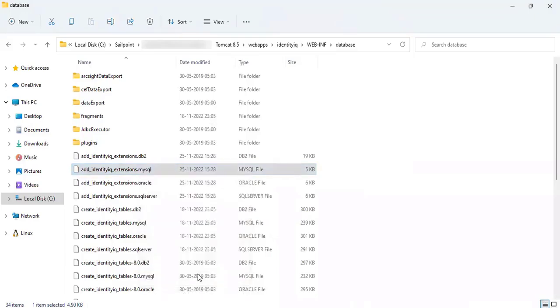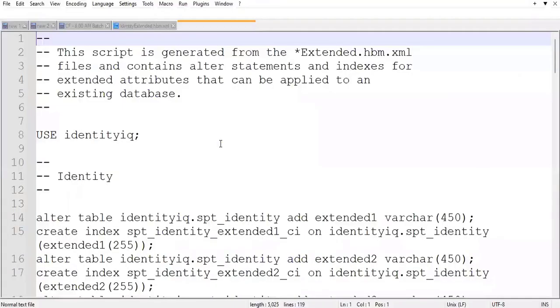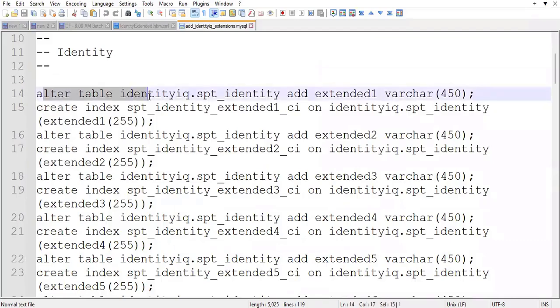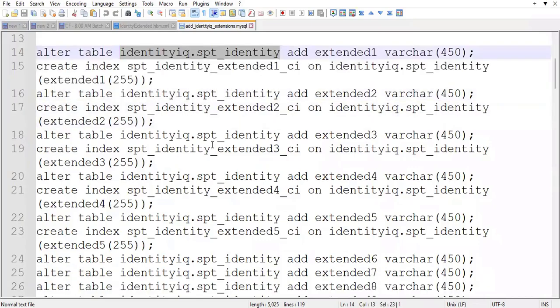So either you can execute a command from the command prompt, or else you can use the workbench to execute. So we are going to use this IdentityIQ database. Inside that we are going to alter the table. Okay, so this is the standard procedure. I'm just trying to see what's different, because the other